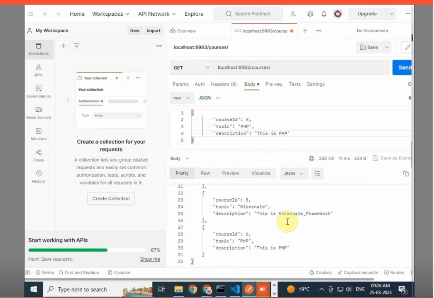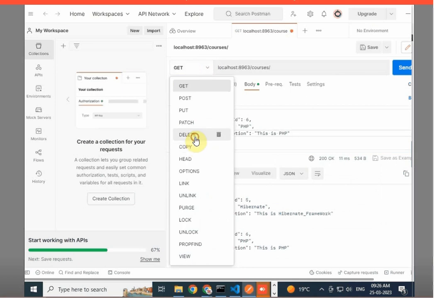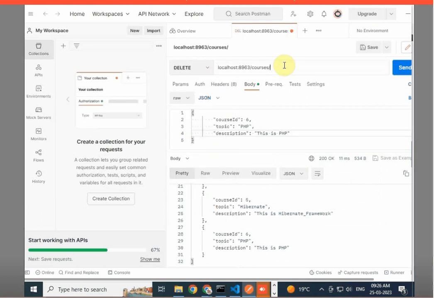Now the next method we implemented is the delete method. If you send a DELETE request, the deleteCourse method handles that request and deletes a course with the specific ID that is passed as a path variable.